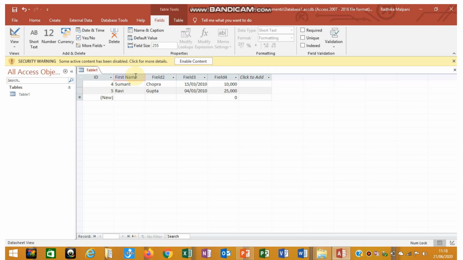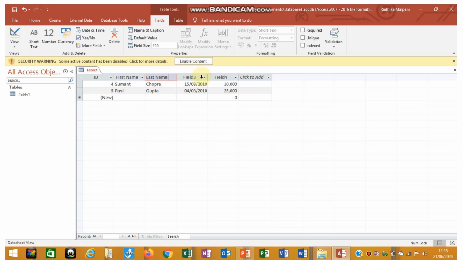Now field 1 is changed to first name. Similarly for field 2, after double clicking on field 2, you will be able to change the name of that field. I am entering it as last name.